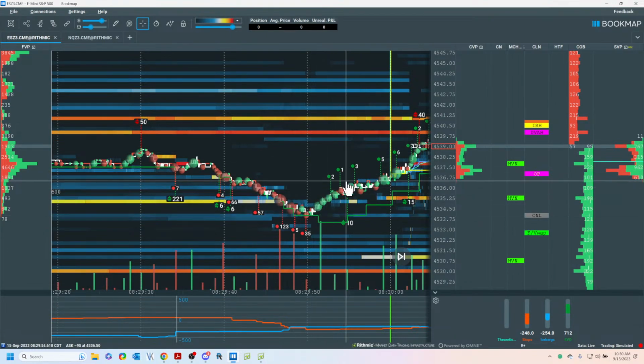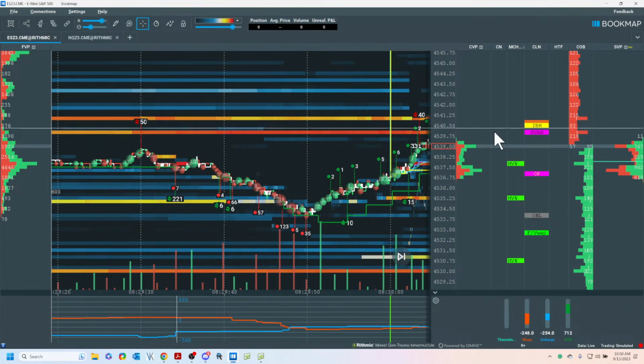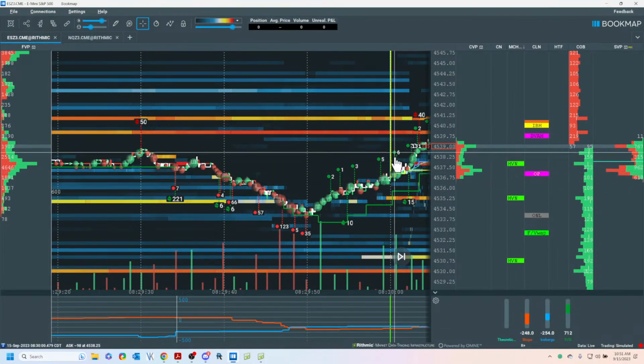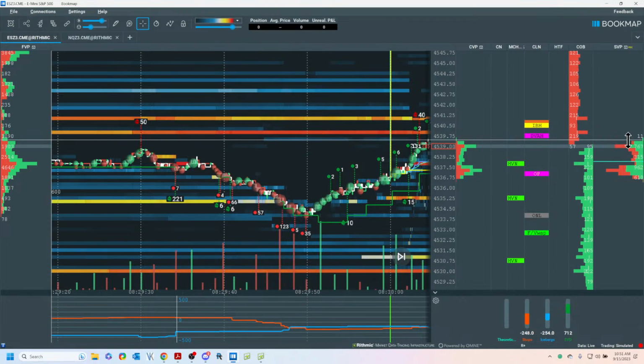So right here we see the buyer start, and this is the RTH open right here. This is the ETH profile. I won't go much into that, but this is the RTH. This is going to show us all the volume as it comes in and develops, and only what's on the chart starting at RTH open. So this is how we start. Now let's see how it plays.